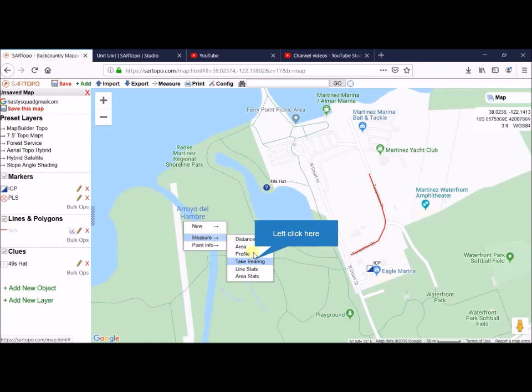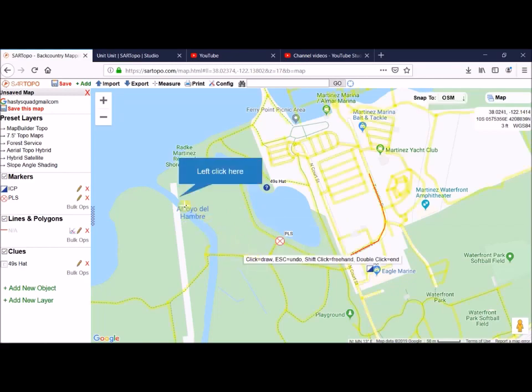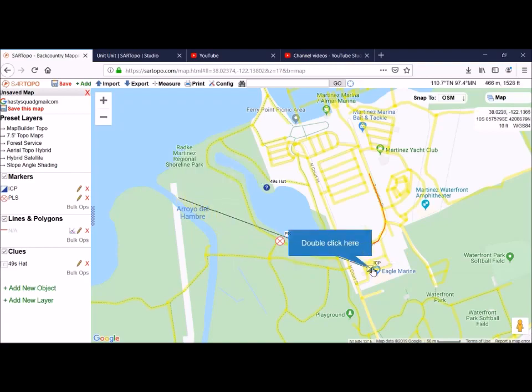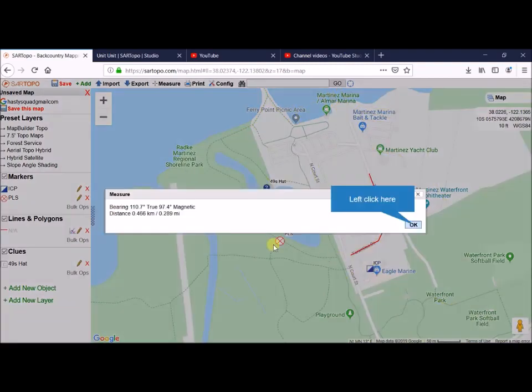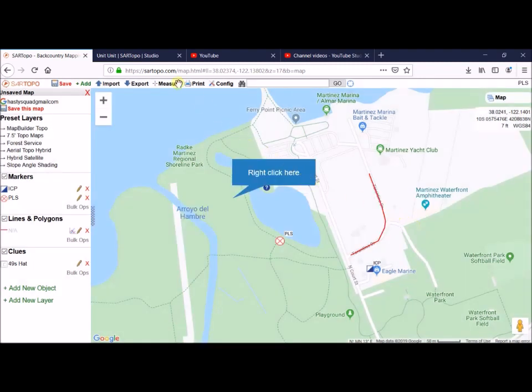I can take a bearing to say, from here, what direction is it back to my ICP? And it says, well, it's going to be 110 degrees true or 97.4 magnetic, and it's 0.466 kilometers back. Okay? This is what measure is showing us. We've seen position and elevation, we've seen the forecast, we've seen the view from here, measure distance, take a bearing, we've seen the profile that shows the elevation changes, the terrain statistics that said there's no vegetation, it's all developed,